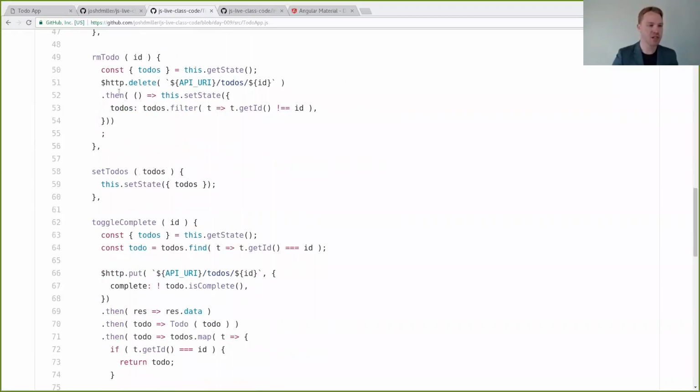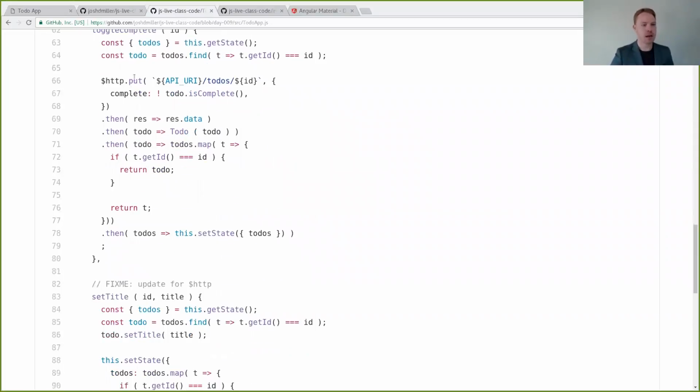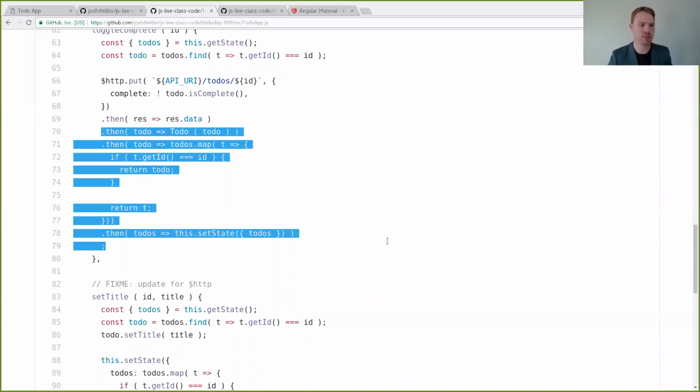Same thing with removing a to-do, $http.delete. So we call .delete on this particular URI, and this part is identical, right? Toggle complete, .put, same thing. The second argument, just like .post, was this. And then we pull the JSON-parsed body, that's now a JavaScript object, off the .data, and the other lines are all the same. Okay.